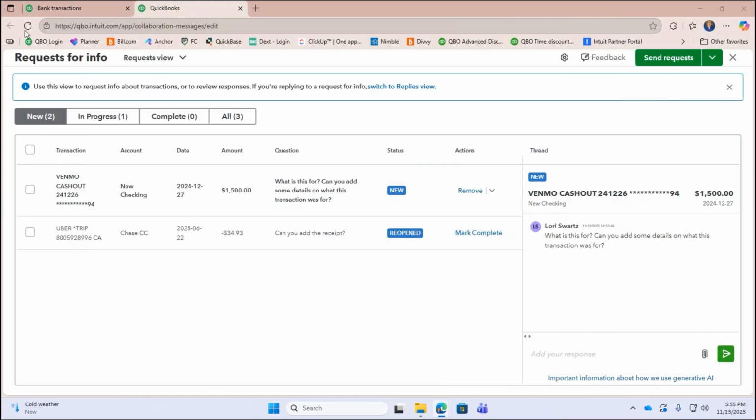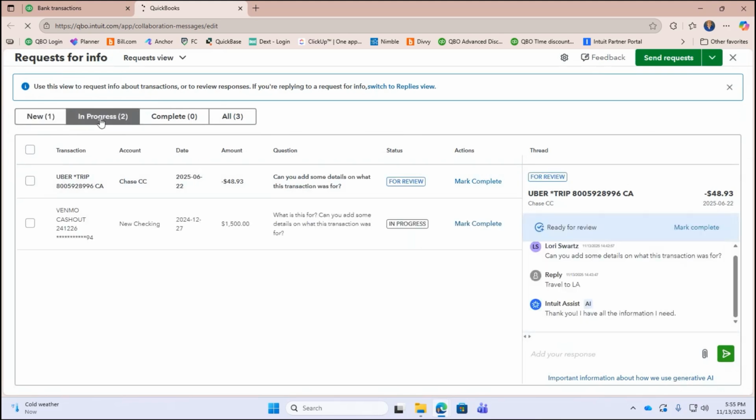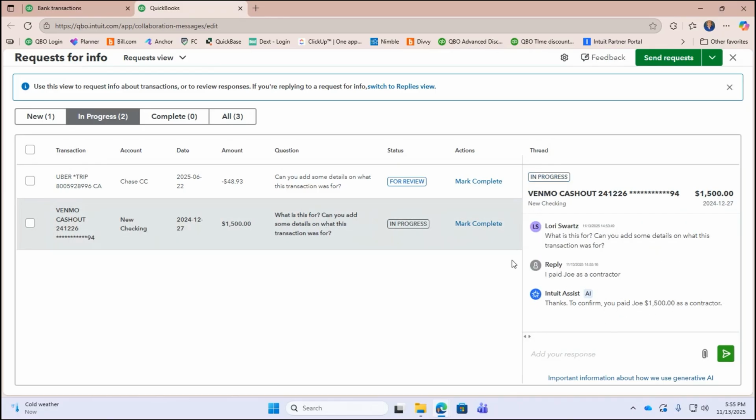And I'm going to refresh this now. It's in progress, so it's right here, saying what it is. For that one, I can mark it now as complete